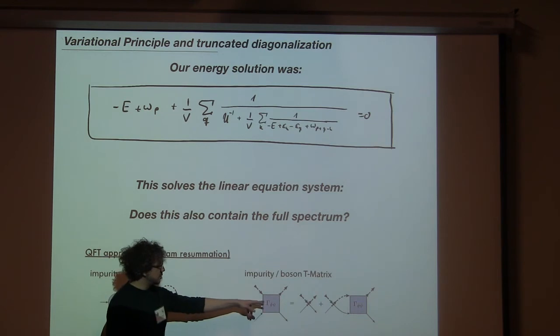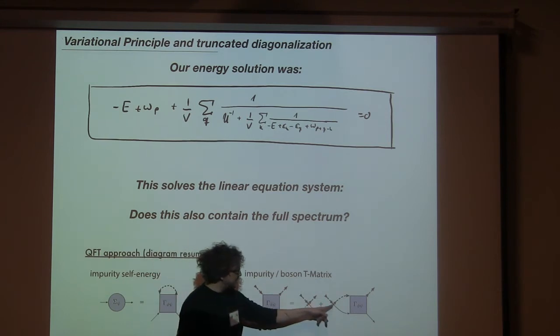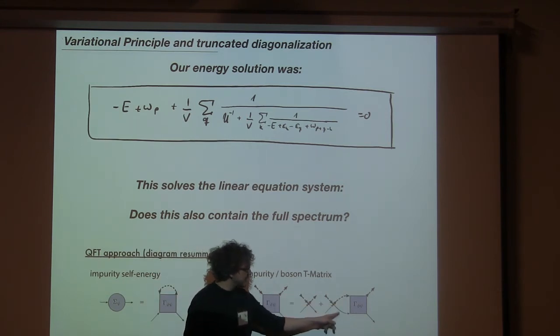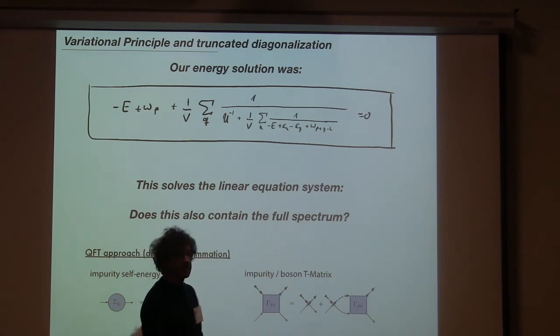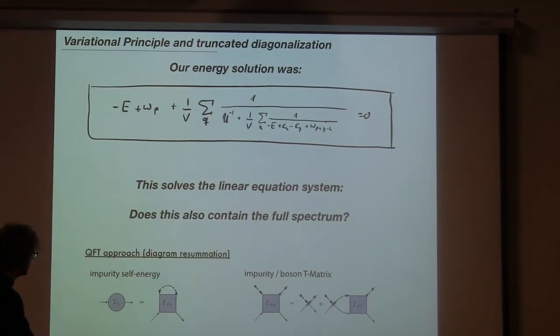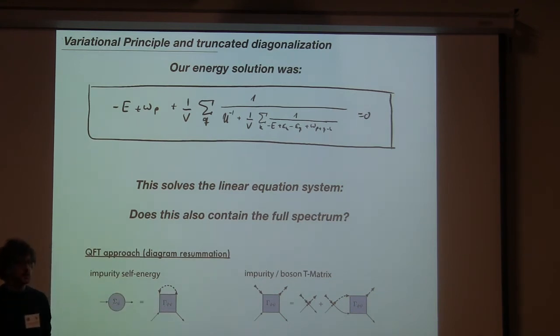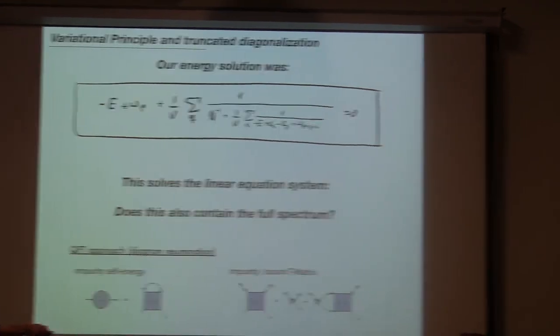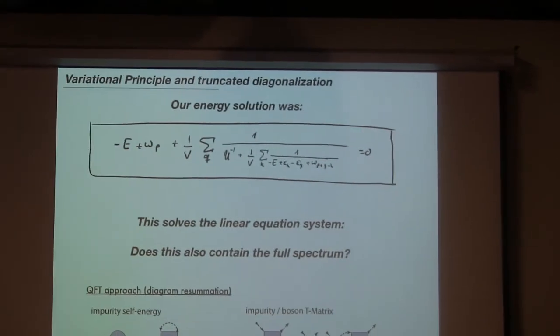One can solve this problem also in the following way. One can calculate the so-called T-matrix of the scattering of the impurity with the fermions, which is then a repeated summation of the fermions scattering with the impurities. This was just the series which we described here yesterday. Then we insert the calculated T-matrix in the so-called self-energy of the impurity, close the loop and get the self-energy. This was when I was saying, let's not connect this line with this line over here. It's just the connection of this line with this line which gives you exactly this diagram.